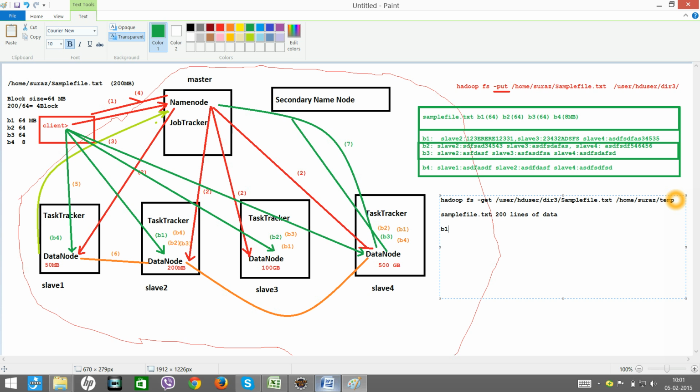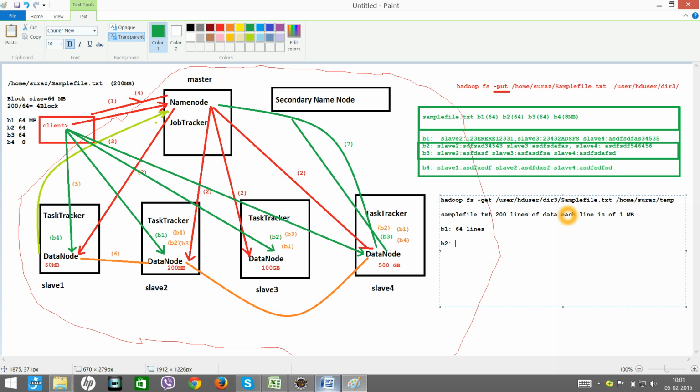Block 1 was divided into 64 MB, right? So let's assume that each line is 1 MB. I'm just giving you an example. Each line is 1 MB. So the B1 block contains 64 lines.